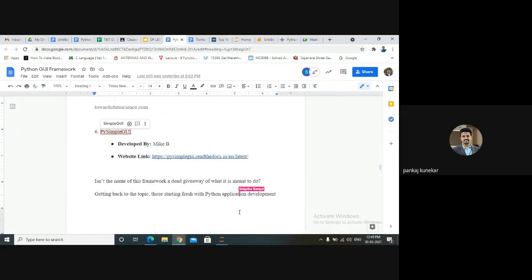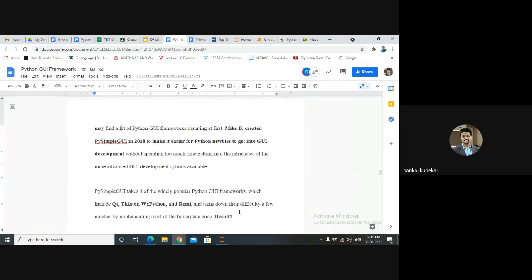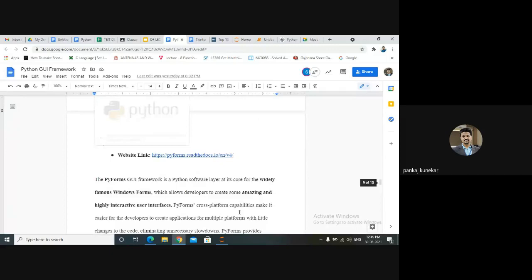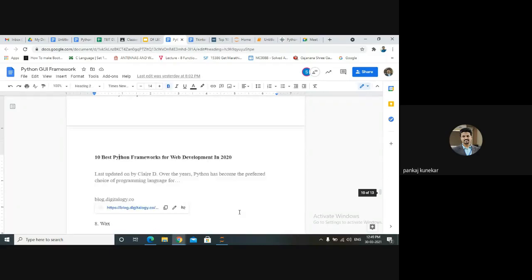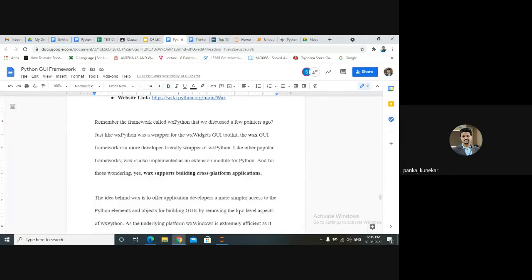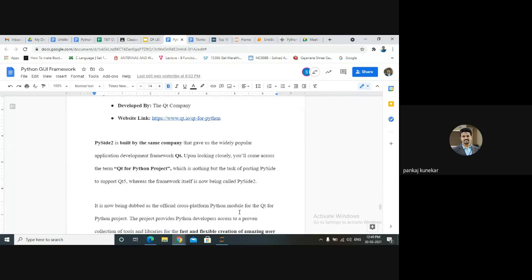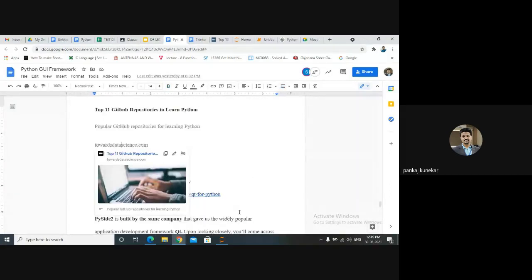One more is there. Then we have PyForms, which focuses on Windows Forms for interactive user interfaces. Then we have PySide2.